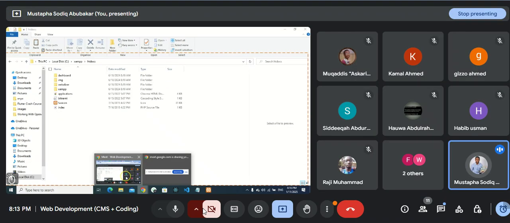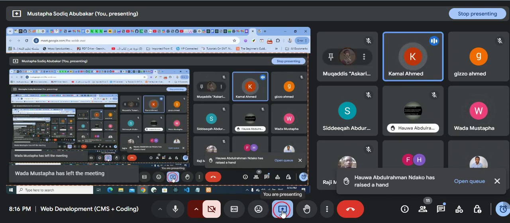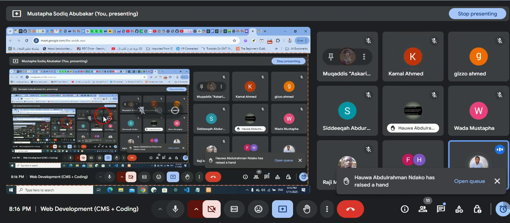Somebody wants to ask a question. You said some of us cannot see your screen? You are not seeing my screen? But we can see the screen. Maybe it's from your end. Another person that can see the screen, can you confirm? I can see the screen. Can someone else confirm, please? I can see the screen. Okay, so it's from your own end then. Now someone can't see the screen.